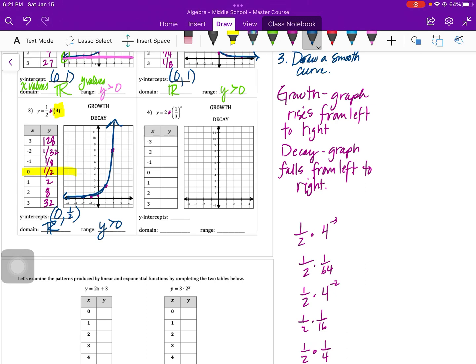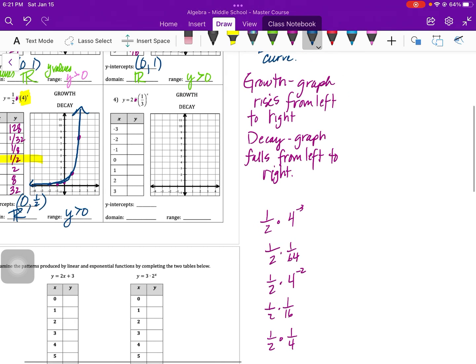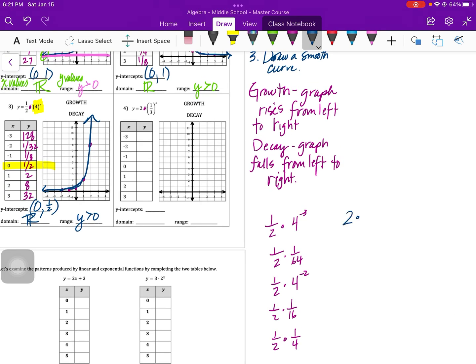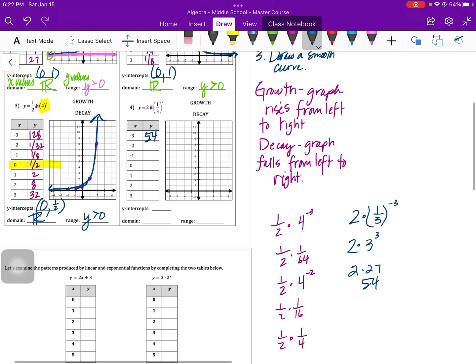All right. We've got one more function to look at here, and this one is similar. This one is 2 times 1/3 to the power of x. Okay, so let's take a look at this function and start with 2 times 1/3 to the negative third. So remember, we're going to do the reciprocal of the base. The reciprocal of 1/3 is 3. And the exponent becomes positive. So 3 cubed is 27. 2 times 27 is 54, right? Okay, and then 2